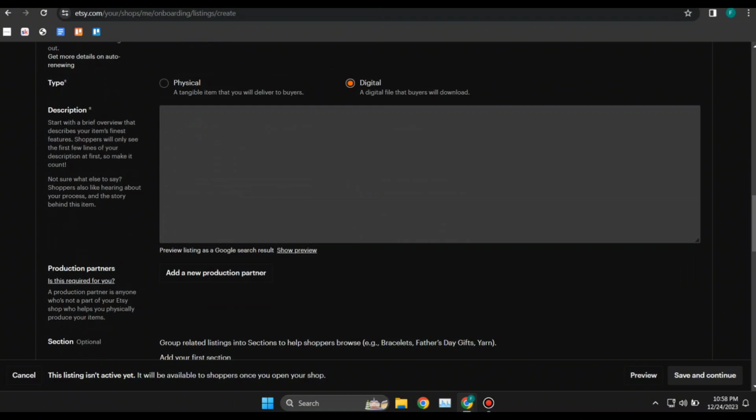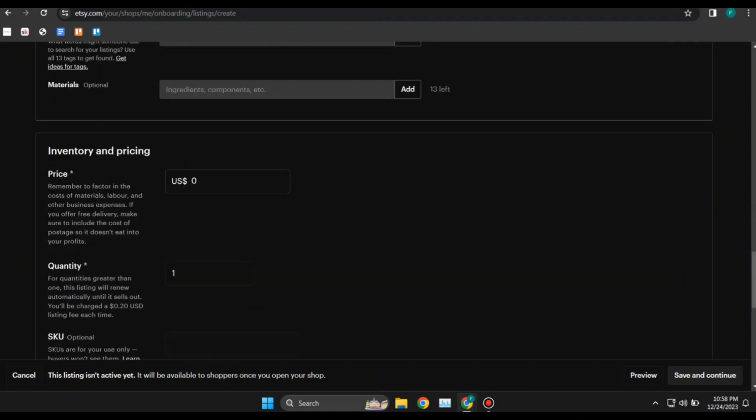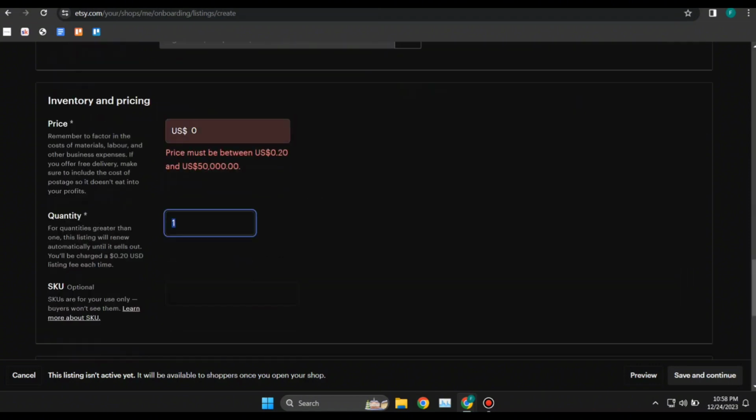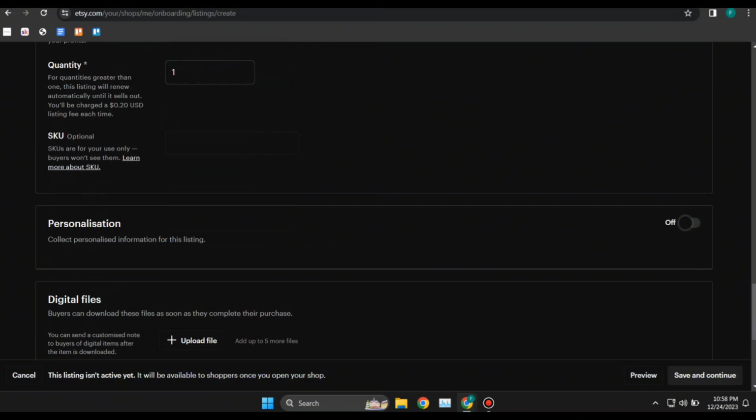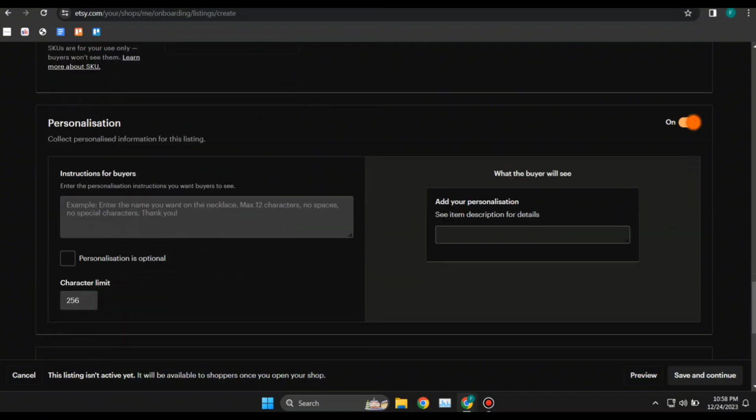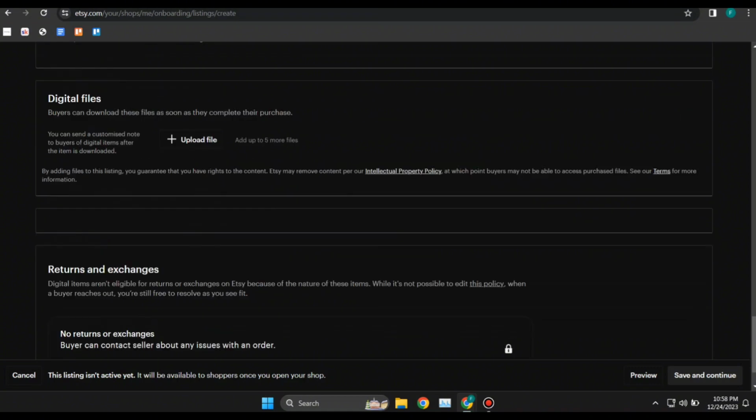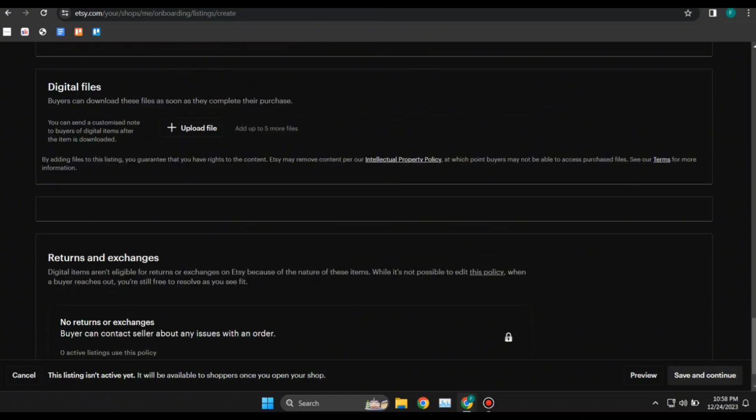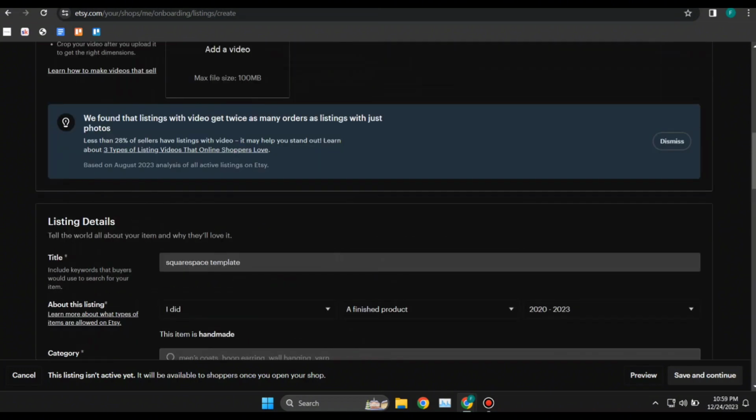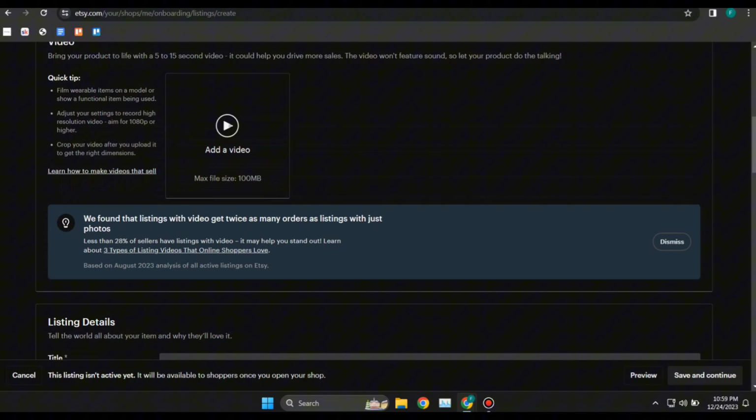So now if we scroll down, you need to put your pricing over here, and the quantity would be 1, and then personalization could be on, like if you can do their colors, you can ask that, hey, put in what colors you want the website to be if you want to customize it for them. And after that, there would be no return and exchange. From there, you're going to click on save and continue, and in the next page it's going to ask you to